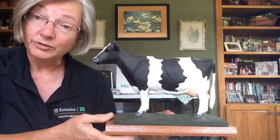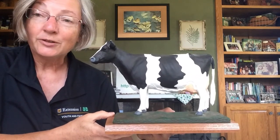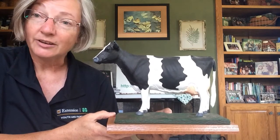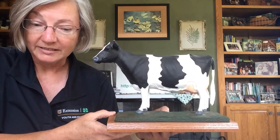Hi everybody. So today I want to talk about dairy cows, and specifically I want to help you learn about the most popular breed of dairy cows, Holsteins. So this is an example of a Holstein cow. They're the ones that most people think of when they think about dairy cows because of their distinctive black and white markings. But let me tell you a little bit more about the history of the Holstein cow and what